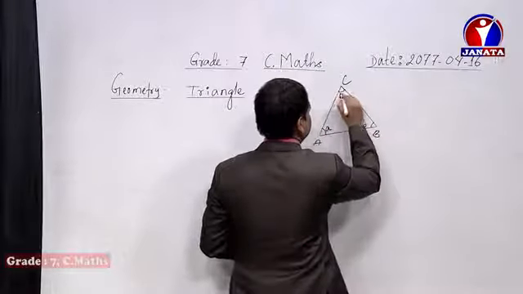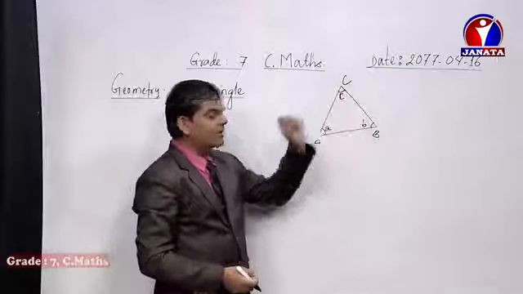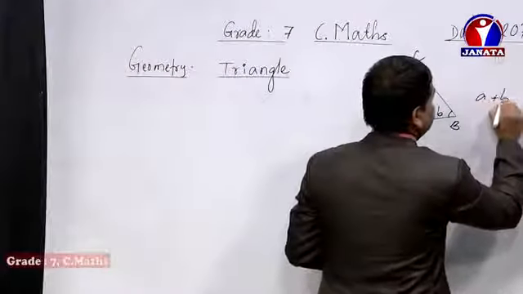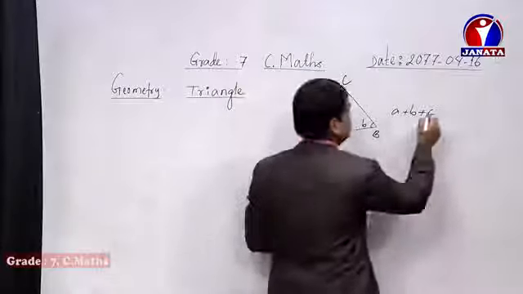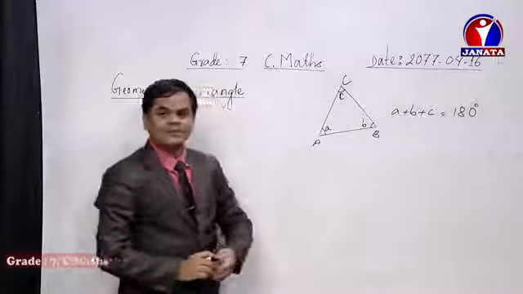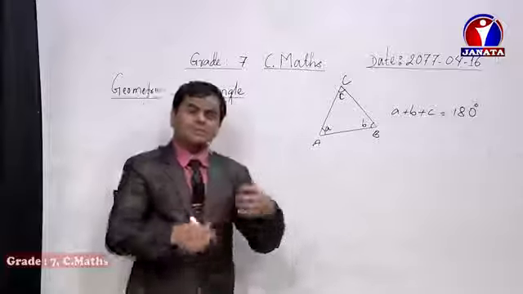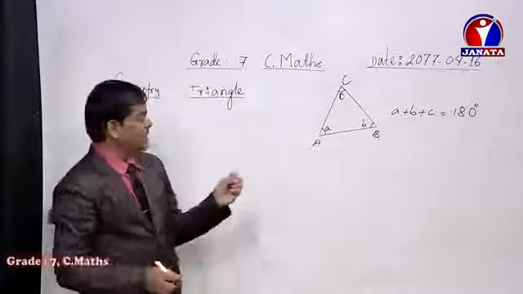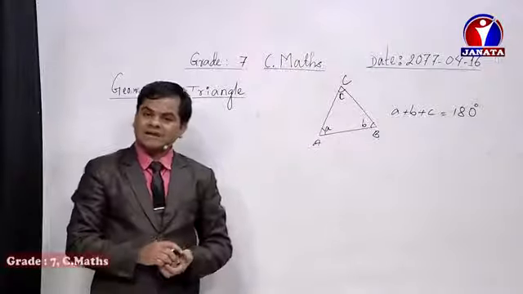measured by using a protractor. When we use the protractor to measure the three angles of the triangle, their sum, dear student, a plus b plus c, that means the summation of the degree measurements, becomes how many degrees? 180 degrees, isn't it? So dear student, this whole chapter revolves around the sum of angles of a triangle and the different types of triangles. So today we are going to focus first of all on the different types of triangle.